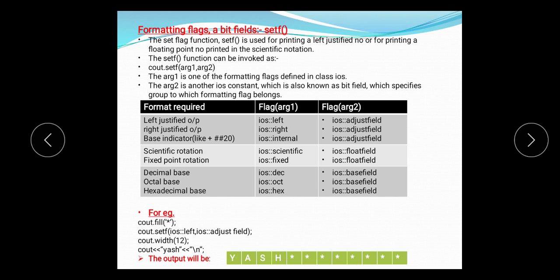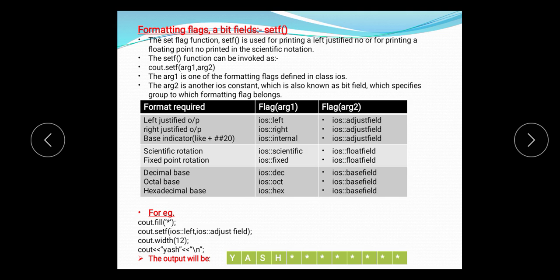Now how argument 1 and argument 2 are defined for each format will be shown in this table. For left-justified output, we say ios::left, and argument 2, a constant value, is ios::adjustfield. Right justified is ios::right, and argument 2 is adjustfield. For the base indicator like plus or hash, we say ios::internal. For scientific notation, ios::scientific. For fixed point notation, we say ios::fixed for argument 1.